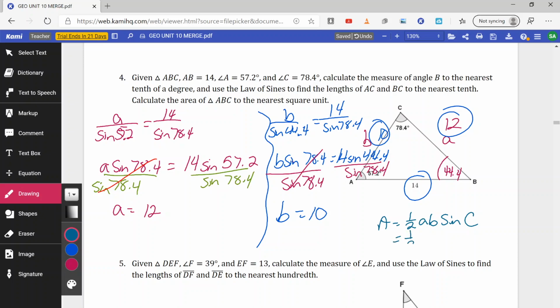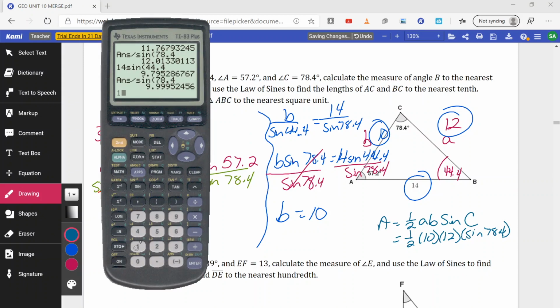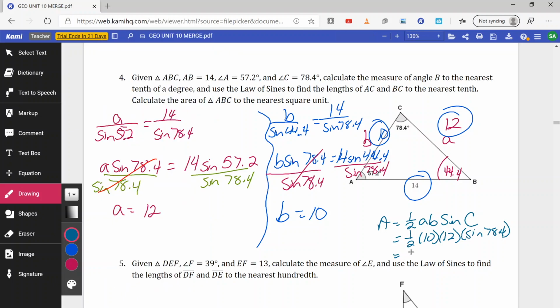So 1/2 times 10 times 12 times the sine of 78.4 gives us an answer of 58.77,